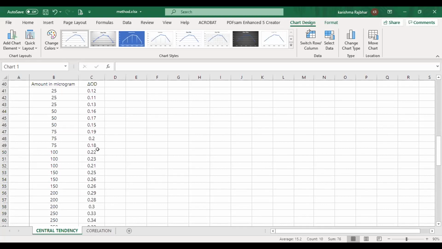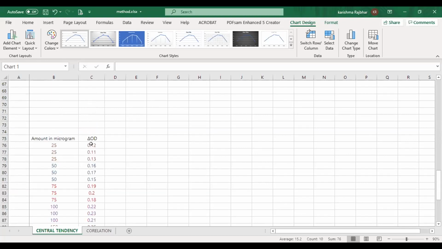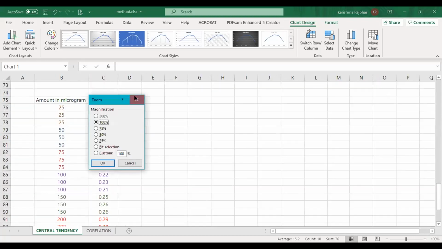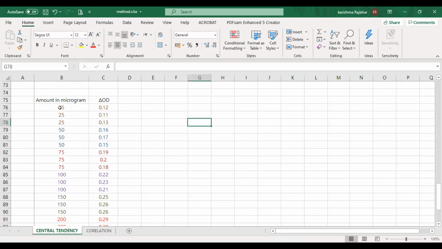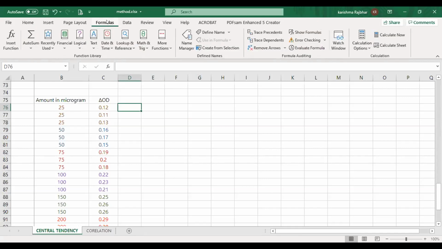Okay, now I will show you how to find the mean and the standard deviation of this data. For ease, I have just made a color selection of this. So now see here. Just look at this 25 microgram amount. This is an OD. Okay, I have to select a cell here and go to the formula section. In formula, if you are using the mean, average or standard deviation frequently, then it will come in recently used.